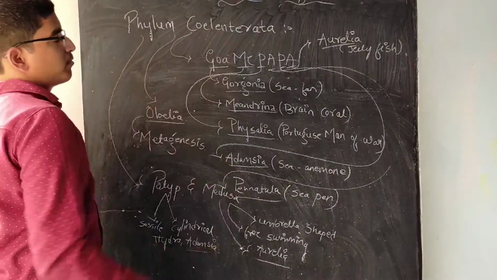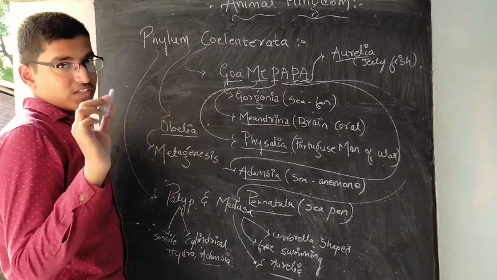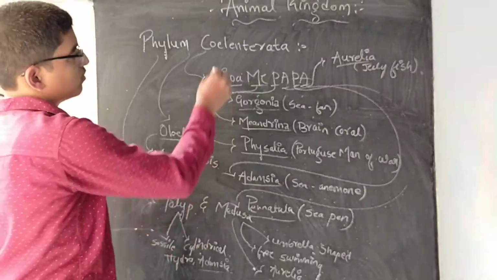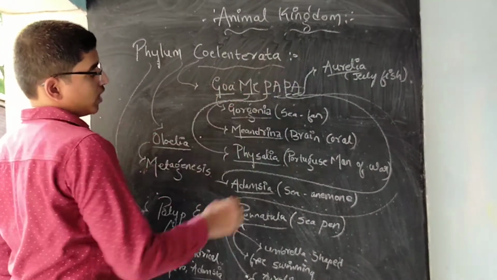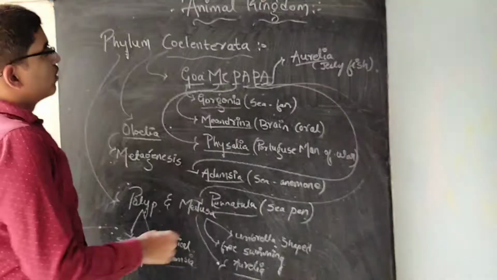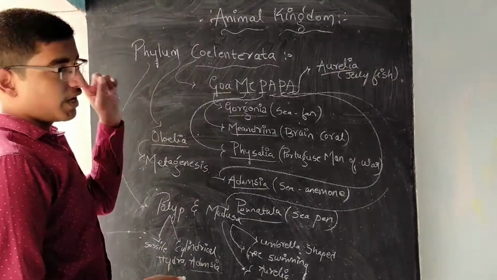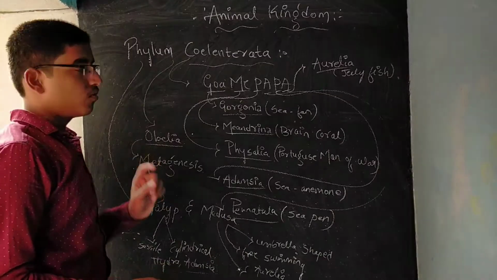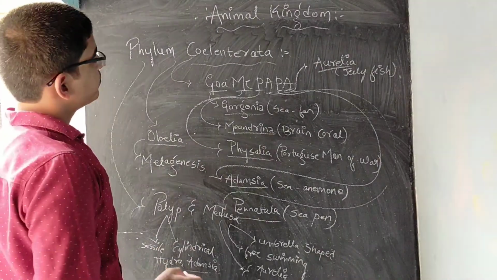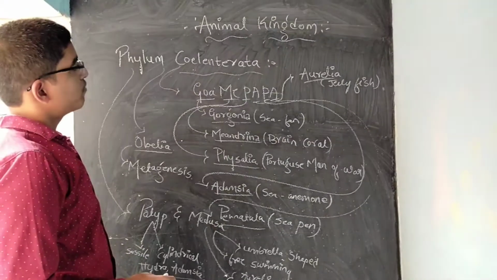These Coelenterata members, they are mostly marine. These are basic characters I am saying. They may be free swimming or they may be non-motile, that is sessile. They exhibit which level? Tissue level of organization. They are acoelomates. They don't have coelom. Then what all you can say? These are some of the important.